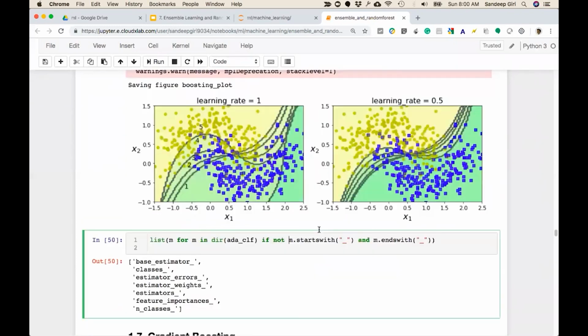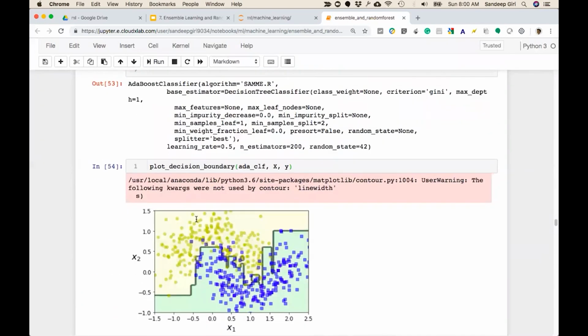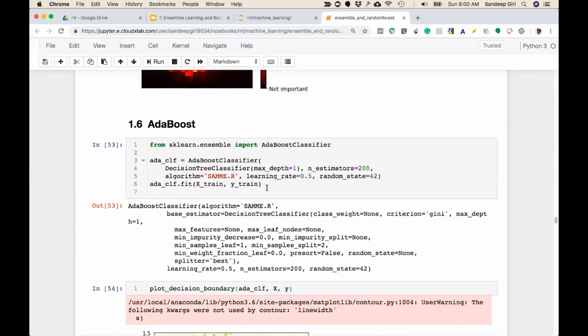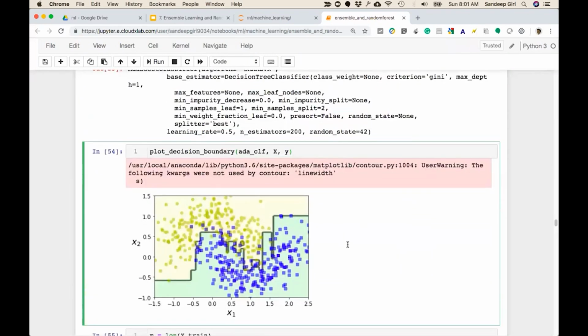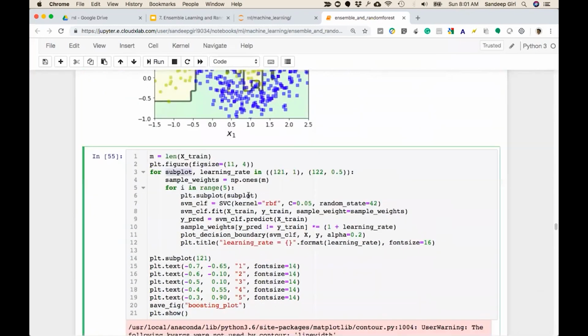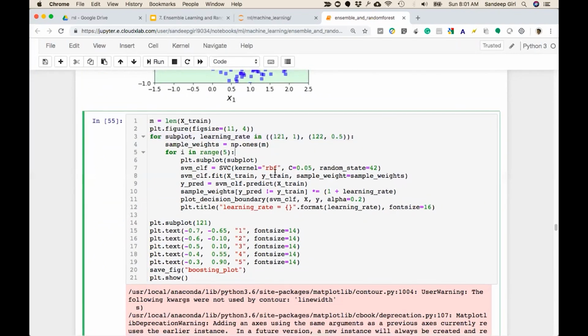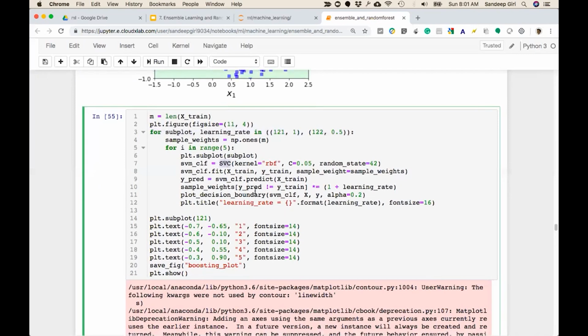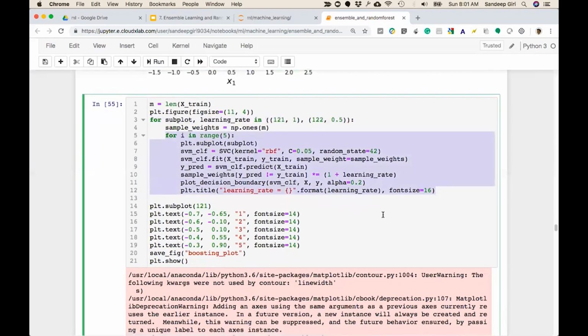This is how we plot it with respect to all these values. Let's just take a look. This is very clear to all. And then we plot the boundary the way we did earlier. Looks like this is some residual part from my previous session. So we're using SVM here, then fit, predict. Basically we are running this loop twice and we are trying this 5 times, with different values of